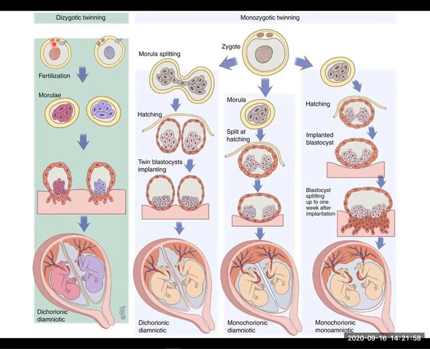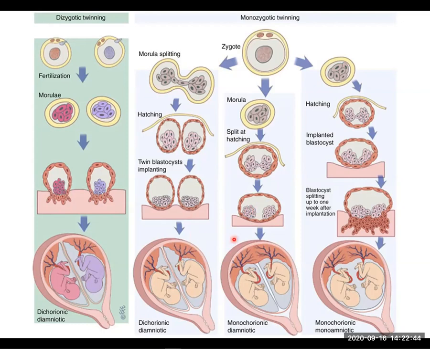And here you see again we have two polar bodies, the first polar body and the second polar body, which are evidence of meiosis. We have two stages of meiosis, right? The first stage generates one polar body, the second stage generates another polar body. So these two fertilized eggs will probably implant in different locations in the uterus and develop into two babies. But it's also possible that it's from the same fertilized egg, and during that